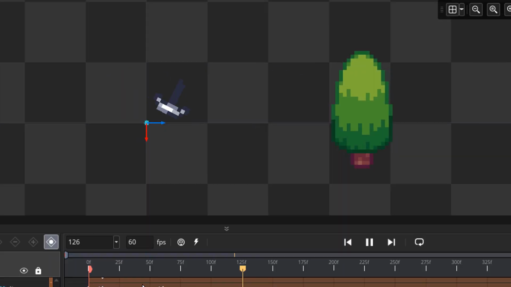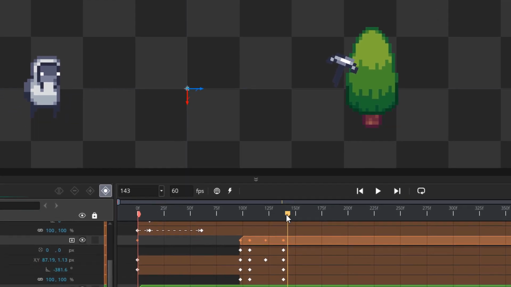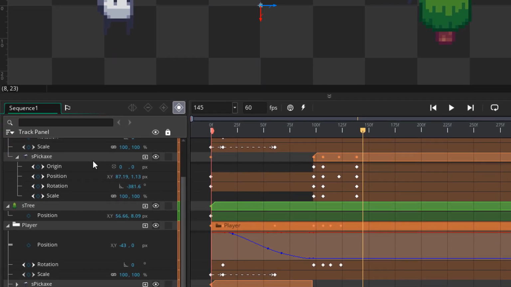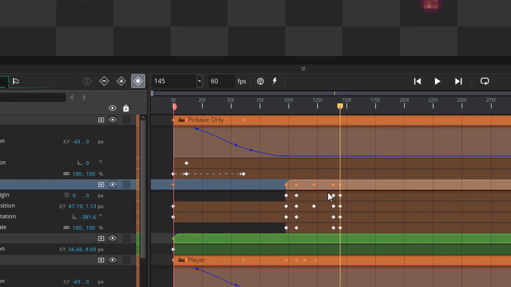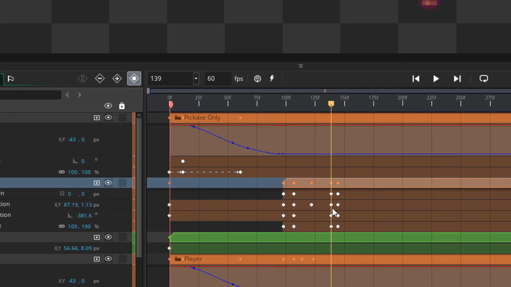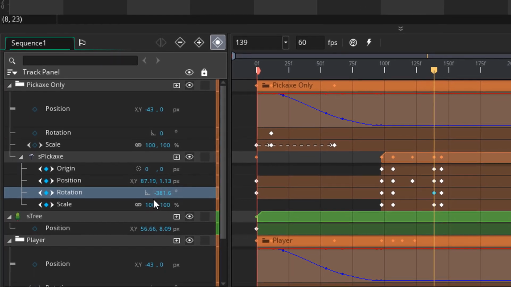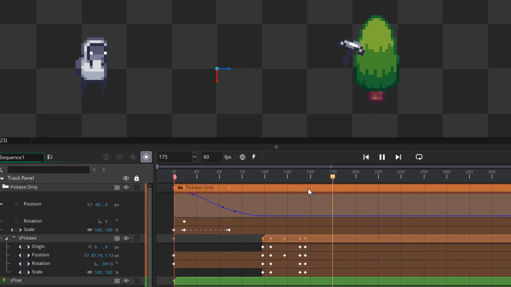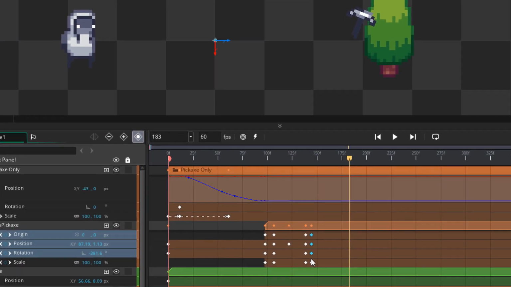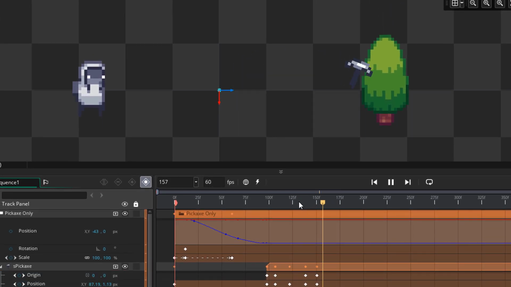Now when the pickaxe hits the tree, it stops instantly and that also looks very unrealistic. So to fix that, I'm gonna come to this frame, then select the pickaxe and add new keyframes. I'm not gonna be modifying these new keyframes, but the ones here. I'm gonna go into the rotation track and modify the angle value here. I'll simply modify it to rotate the pickaxe a little more and it should give a better effect now. I'm gonna make this a little longer and then play the animation. And you can see it sort of has a feedback now after it hits the tree.